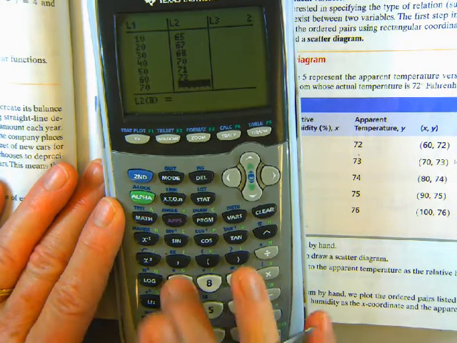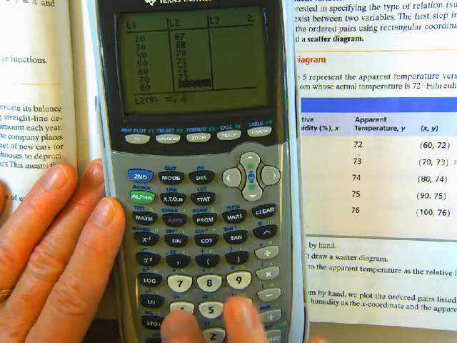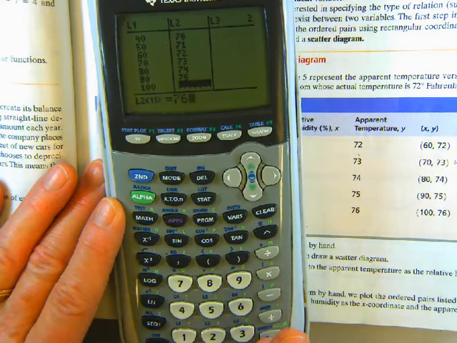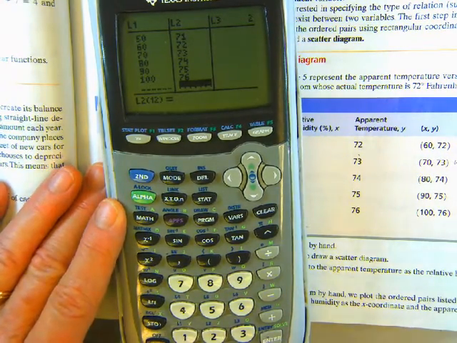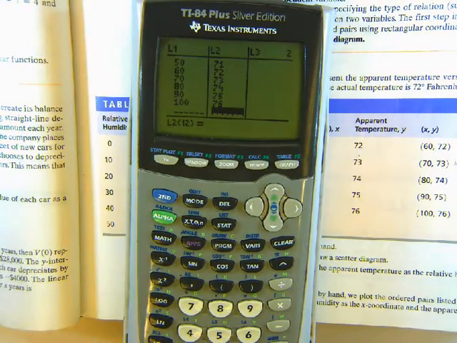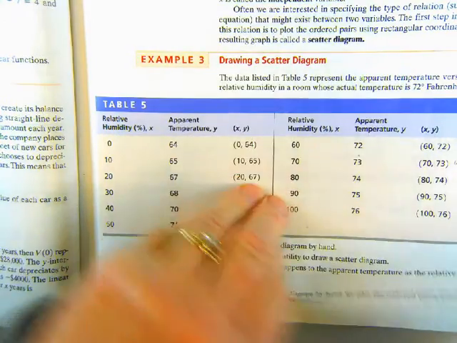Alright, so everybody got them in? They've got it on the next page as a scatter plot. To make a scatter plot on your calculator, you get out of here,